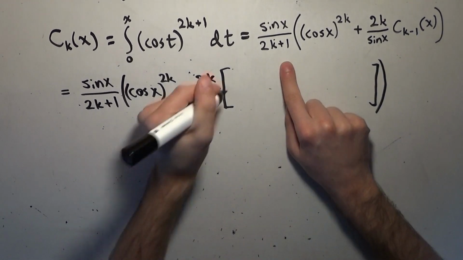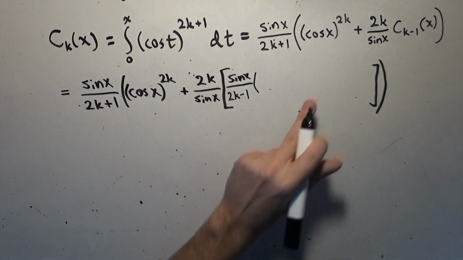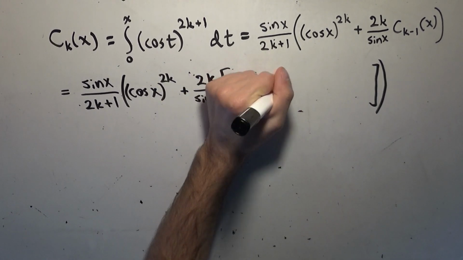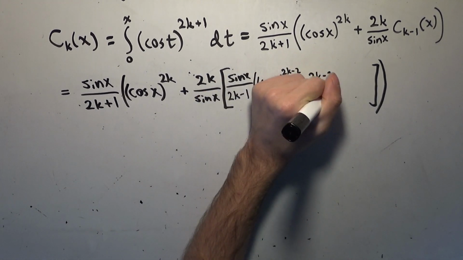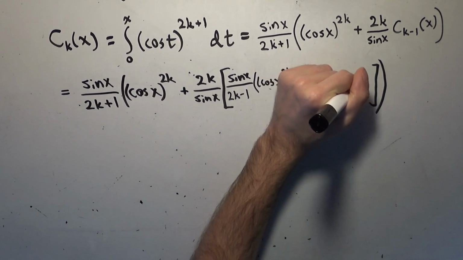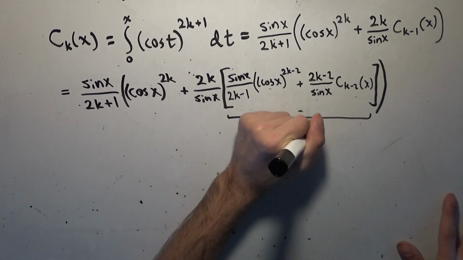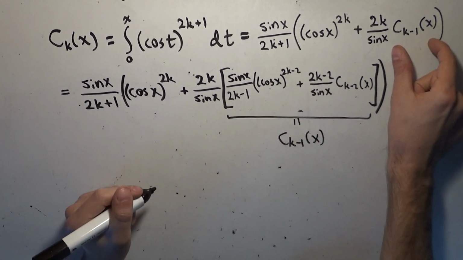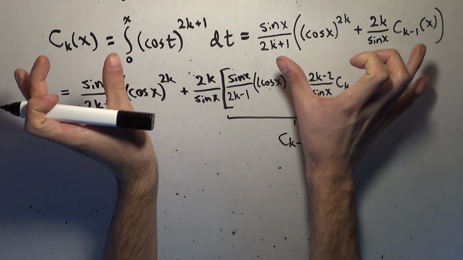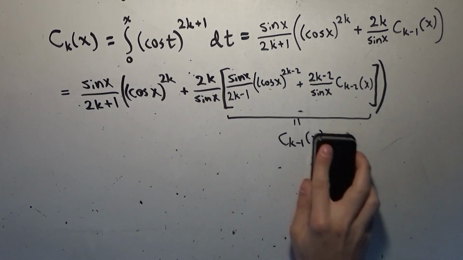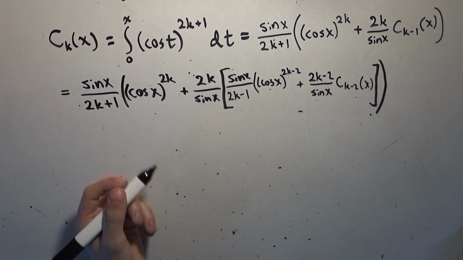So we need to replace it with sine of x over the next one down, so 2k minus 1, times the quantity cosine of x to the power of 2k minus 2 plus 2k minus 2 over sine of x times c_{k-2}(x). So this equals c_{k-1} of x, right? We just replaced this with all this, using the recursion formula that we just derived. So we're simply nesting recursions within each other. But we can see that things will nicely simplify in a way, because